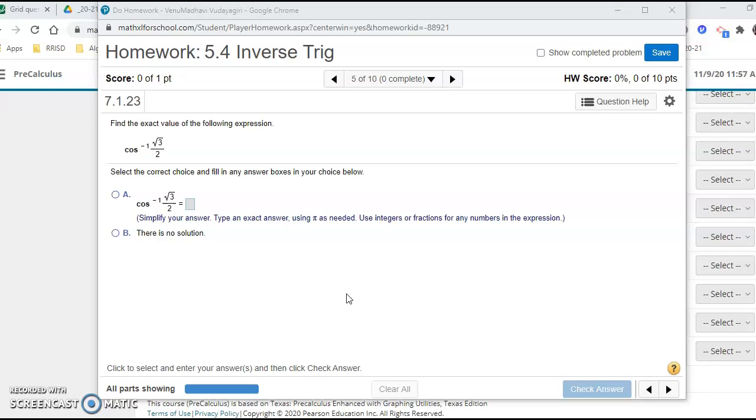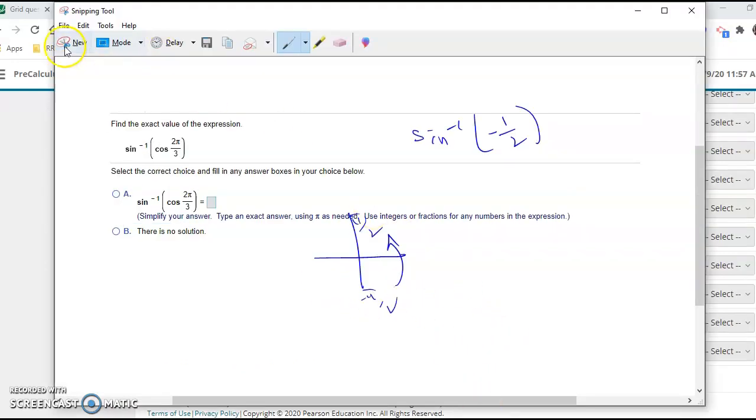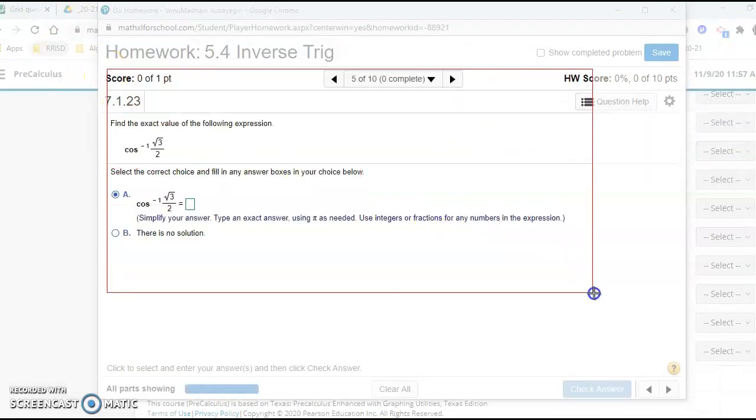So this is the simplest of all, cosine inverse of square root of 3 over 2. These are actual MathXL questions. The numbers will be different for yours, and so will the order. I'm going to snip each question so I can actually help you with each one of them. So you have here